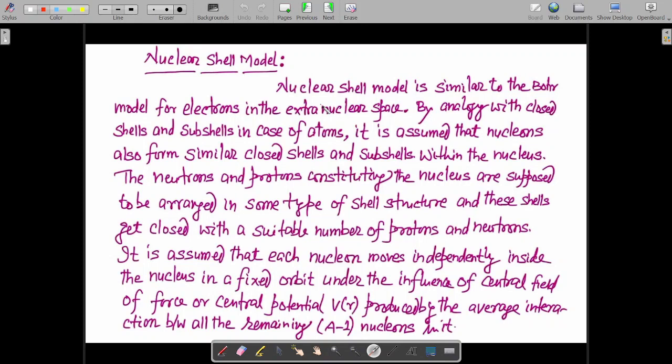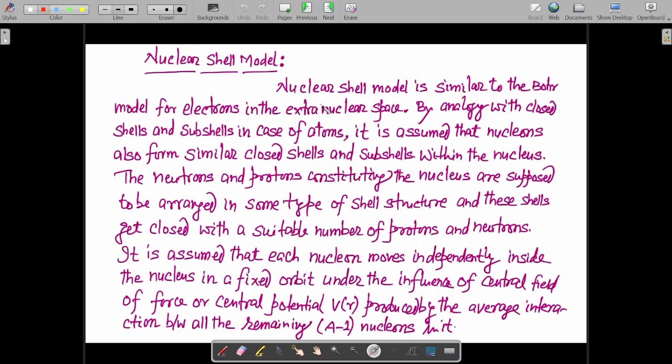Why are these noble gases? Because in these particular atoms of noble gases, the outermost shell is completely filled. That's why they show inert behavior. Similarly, in this nuclear shell model, we will also experience such a situation when the protons and neutrons are completely filled. That is the shell inside the nucleus, the shells in which nucleons are being filled. When that particular shell gets completely filled, the nucleus is extra stable. So such situations we are going to encounter over here also.